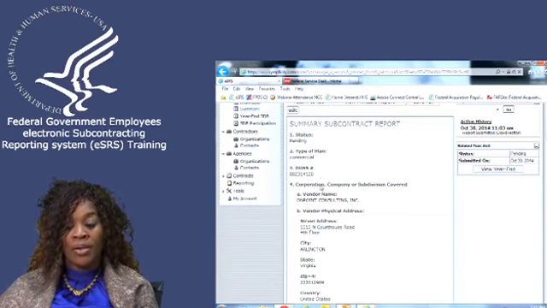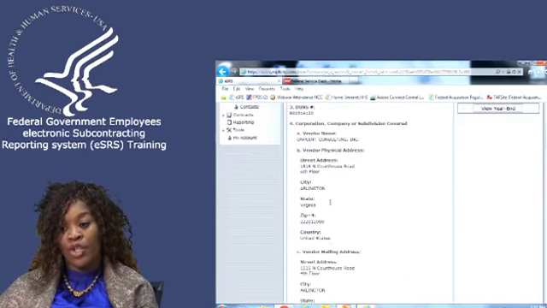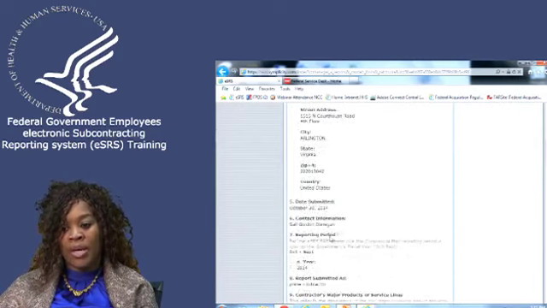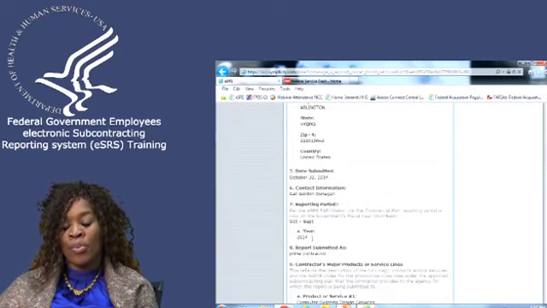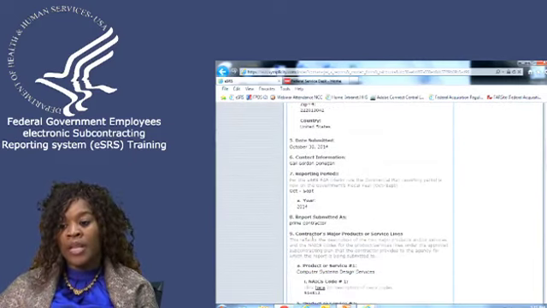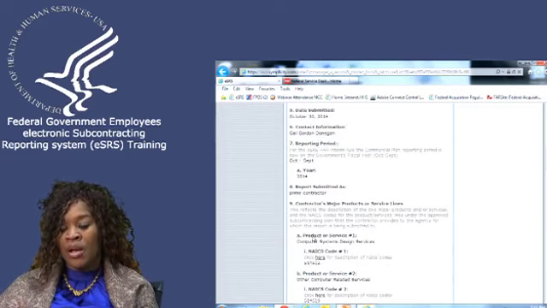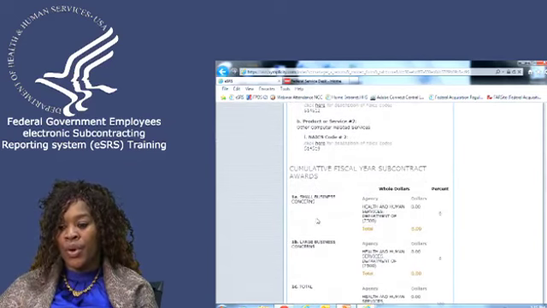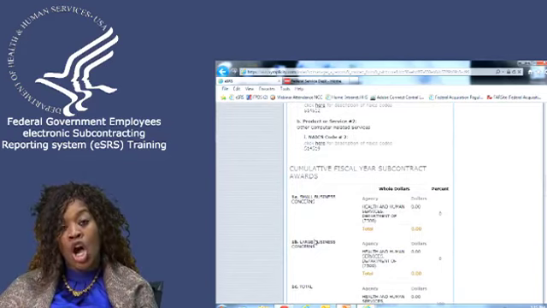However, as you begin to review the DUNS number and the name of the vendor, if you can verify that they have a commercial plan with you, you would just go down the report, ensure the date that they submitted the report is in the proper field, the reporting year is correct, and then you want to make sure the description of their major products and services is what is on your commercial plan report. In addition to that, you want to make sure that their small business, large business, and social economic categories are within the goals that were submitted.